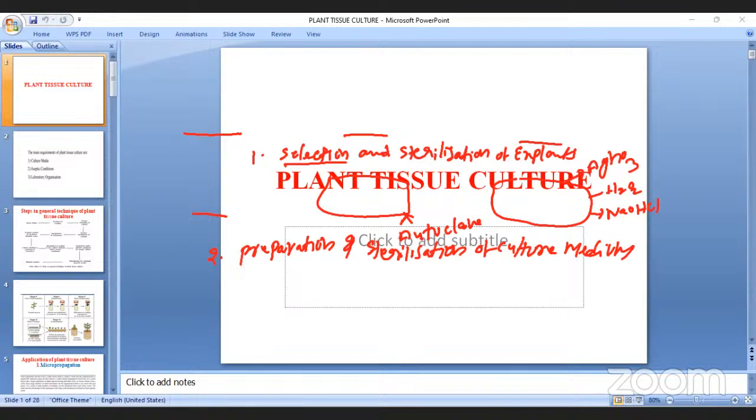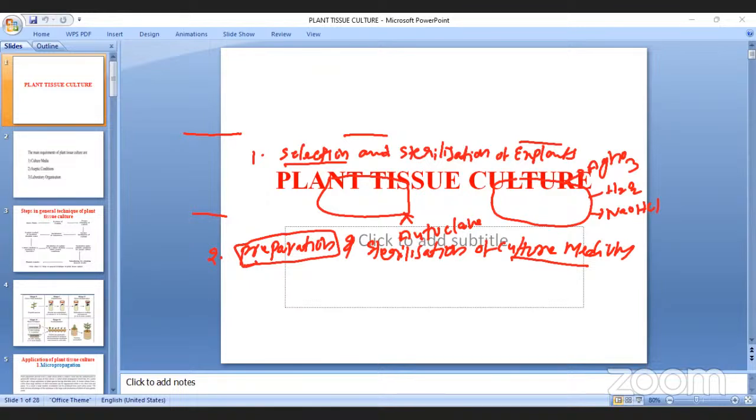That is the second one. So the culture media preparation we just completed. Just one second. Culture media. First of all, the culture media preparation. How is the culture media prepared? Already told you, for preparation of culture media,